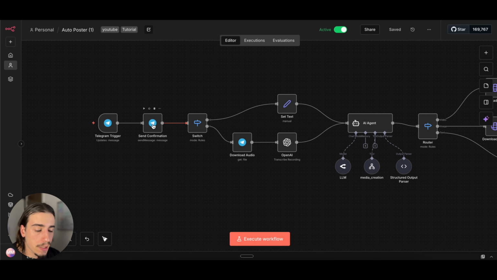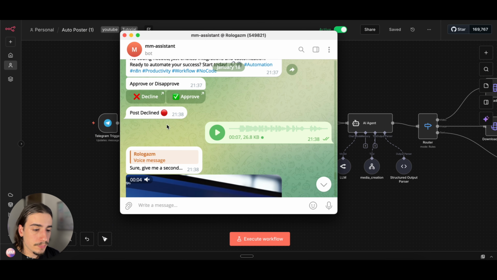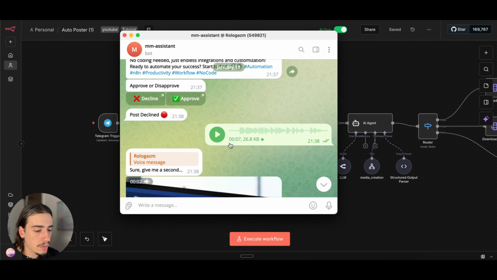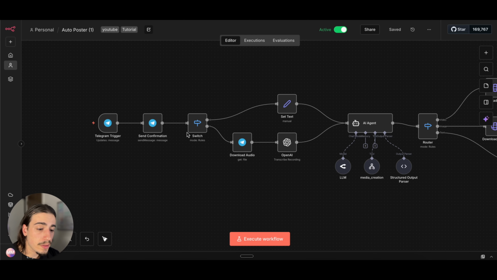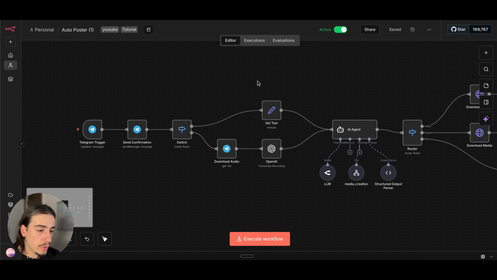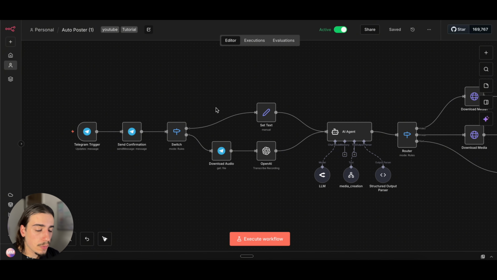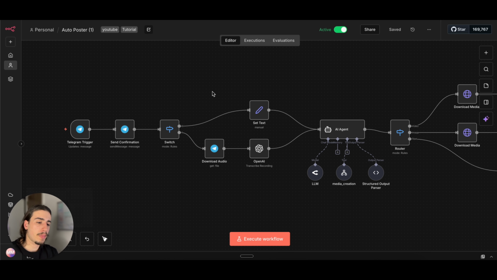We're then sending that confirmation message, which was, I'll show you here. Sure, give me a second. And then when we've done that, we have a switch node here, which is basically just